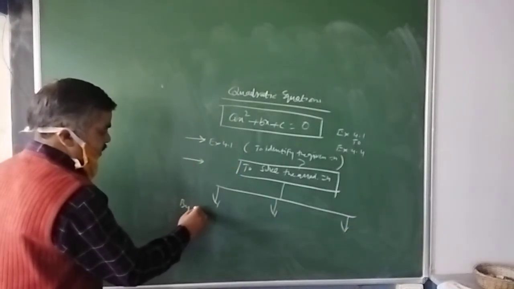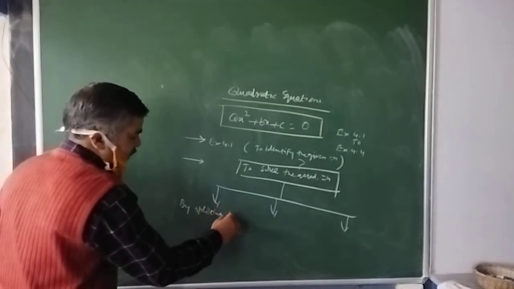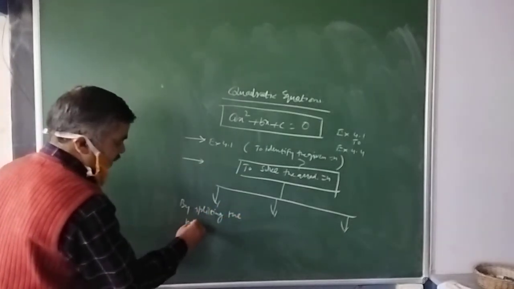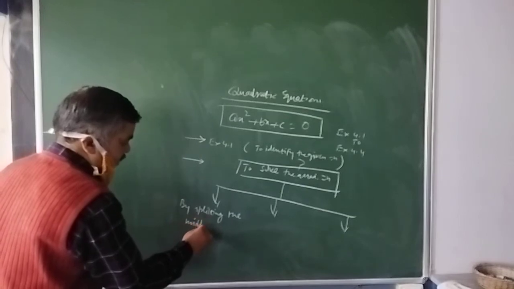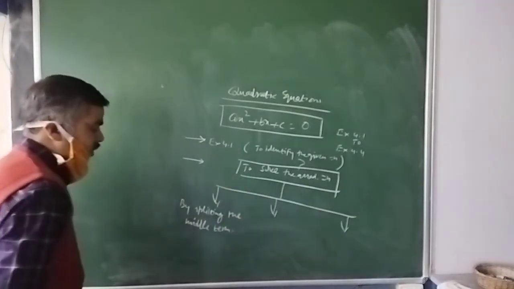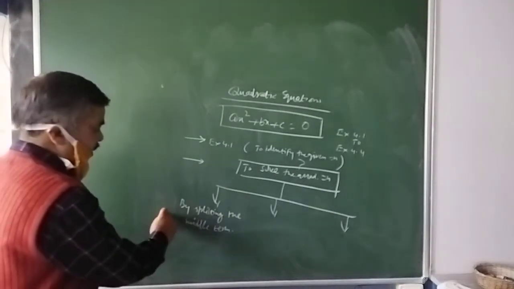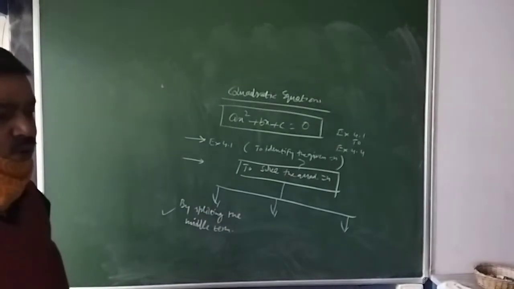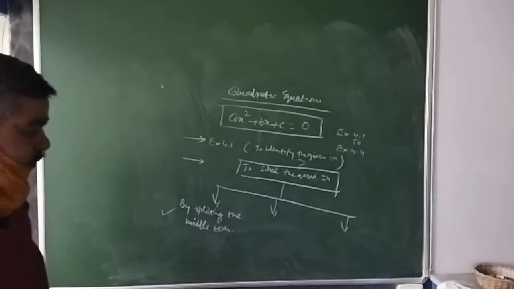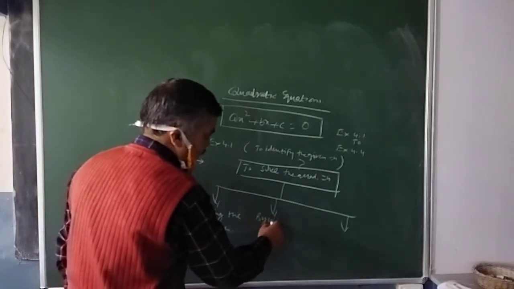One is by splitting the middle term. By splitting the middle term, that you have done in your class 8 also during the chapter of identities or factorization, is one of the methods to solve the quadratic equation. Then by using the quadratic formula,